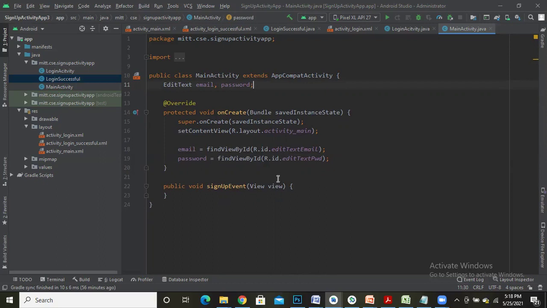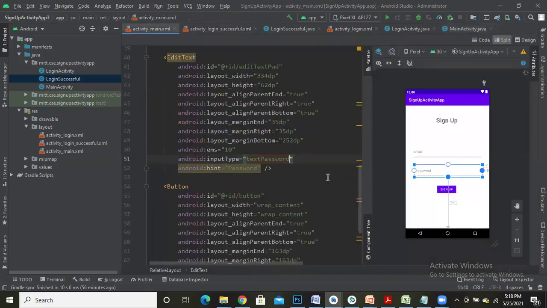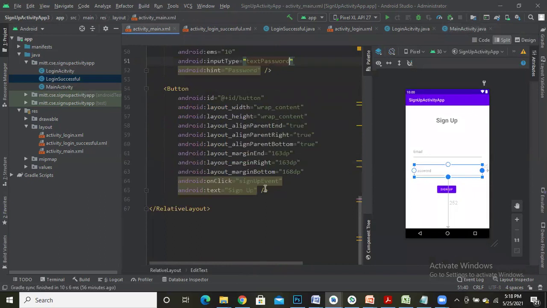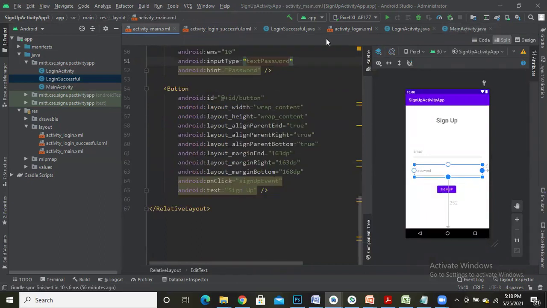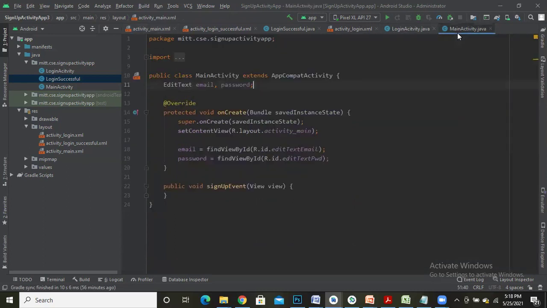And now, if I press a button, I have created a sign up event, which is a property of onClick in your XML file for a button. So we have written an onClick property. The name of the property is sign up event. So the sign up event is what I need to write here.